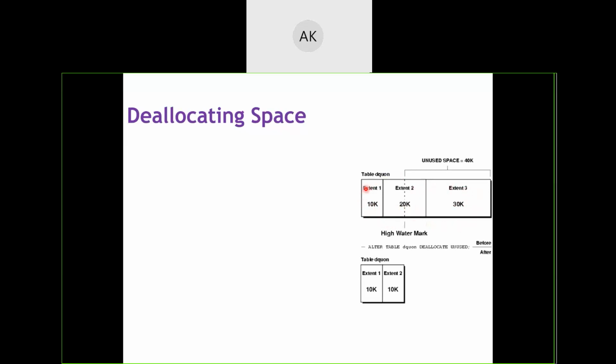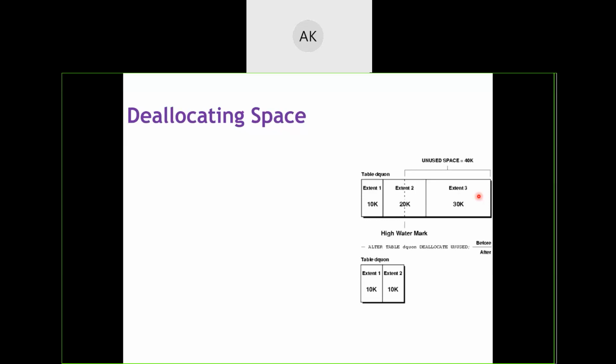Out of that allocated space, let us say only 20 kilobytes were used. The remaining, 10 from here and 30 from here, 40 kilobytes, remains free.